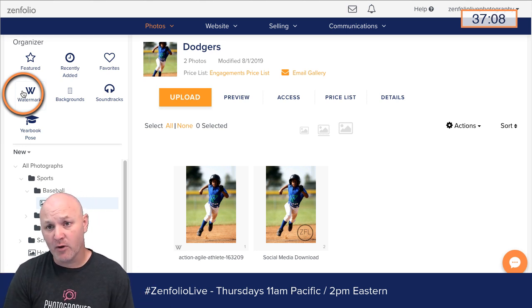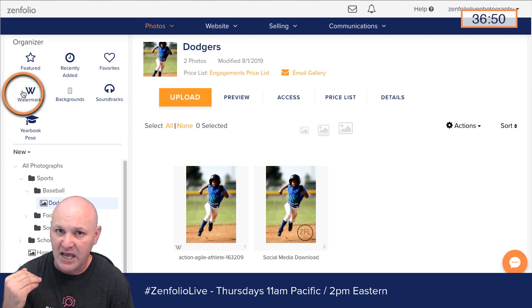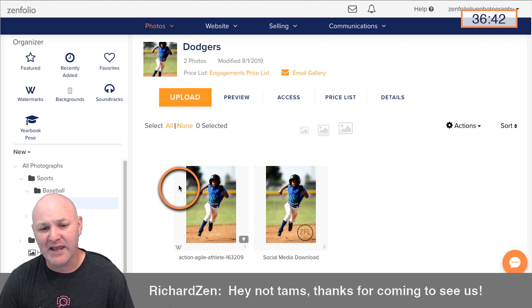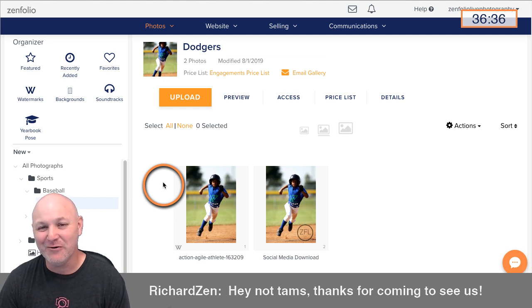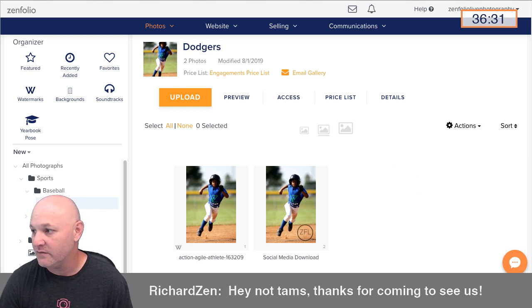If you added the watermark to the actual image, or if you want the watermark to stay on the image when the client gets it, you need to add the watermark to the actual image, like in Photoshop or something like that. So make sure that if you want that watermark on there, then you need to actually have it applied to the image either through Photoshop or whatever, so it's actually a part of the image when you upload it. All right, hopefully, Lee, that answers your question. If I need to clarify that a little bit more, make sure to let me know in chat, but that's a great question. Lots of people ask about that watermark and when it comes off of there.